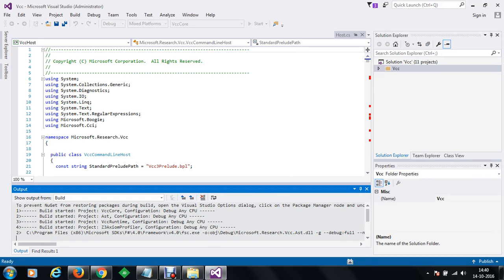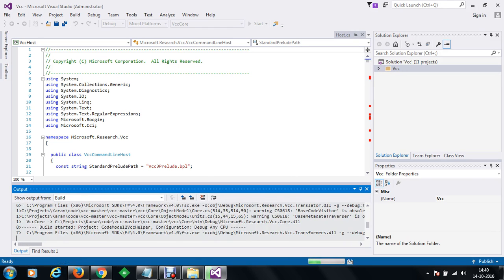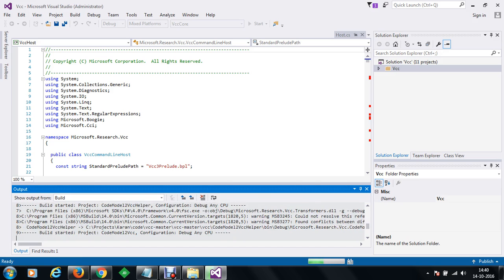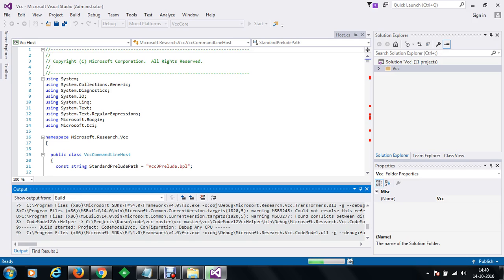We started building the project. Here you can see that compilation has started. It will take a couple of minutes to compile and build the program.